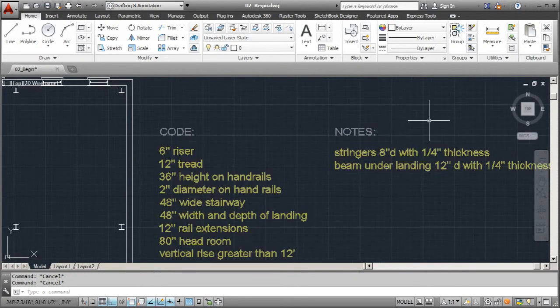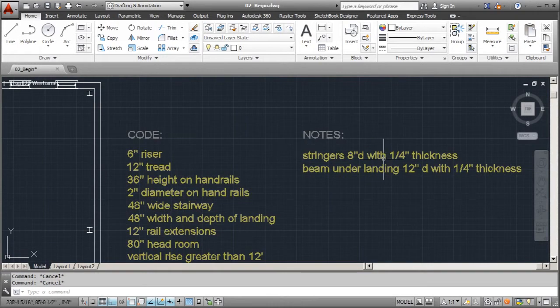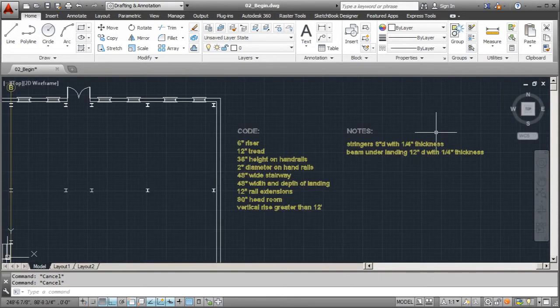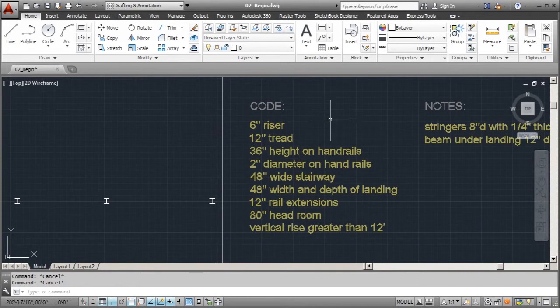I also have a couple of notes here to help me along with my detail. They left me a note here to let me know what kind of stringers I'm using, which will basically be our C channels. It'll be exactly 8 inches deep, but the gauge will be about 1/4 inch thick. And the beams underneath the landing will be 12 inches deep, with a 1/4 inch thickness. So we'll keep some of these things in mind as we're going, and I'll refer back to this just to let you know exactly where I got the measurements. And this will help reinforce some of the thoughts and decision making behind how we're going to actually